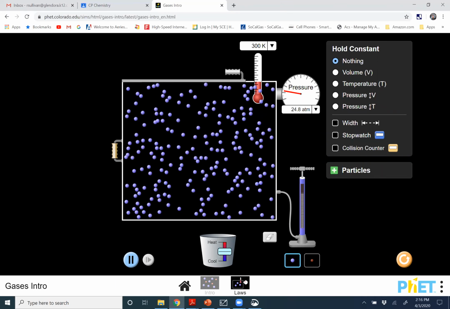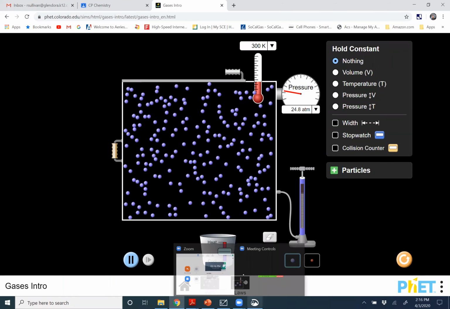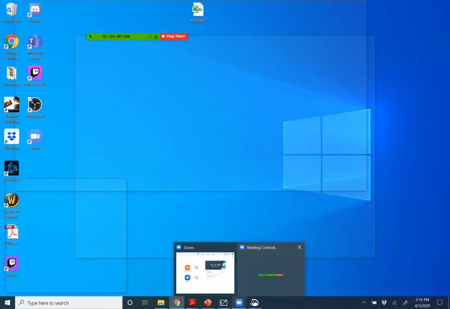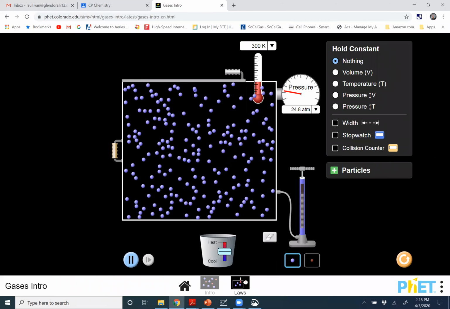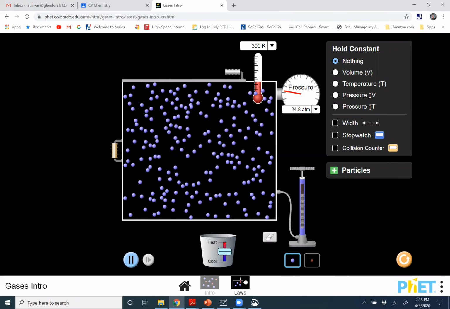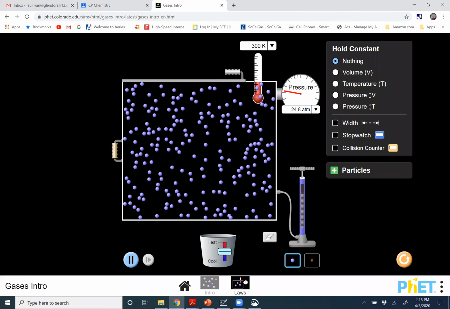The pressure appears to have been cut in half. So the pressure went down by 2 and the volume went up by a factor of 2. And that's what Boyle did. He did this experiment over and over and over again to see if that was a consistent finding